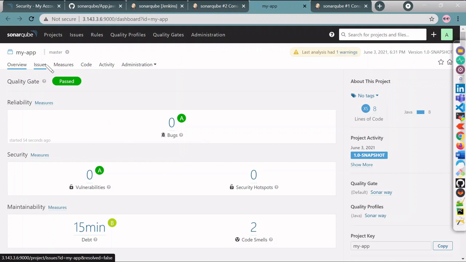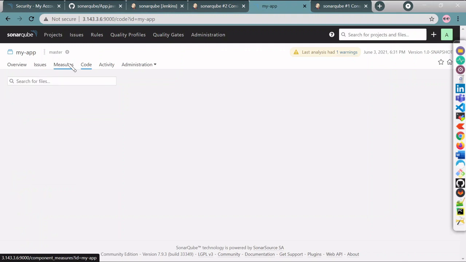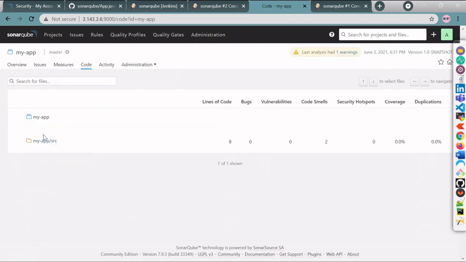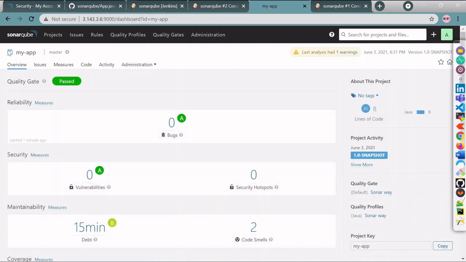So you can see issues. Here it simply says what are the changes, what are the errors, how you can fix it. And it is the directory, your code and all. So we have successfully integrated SonarQube with Jenkins using pipeline script.